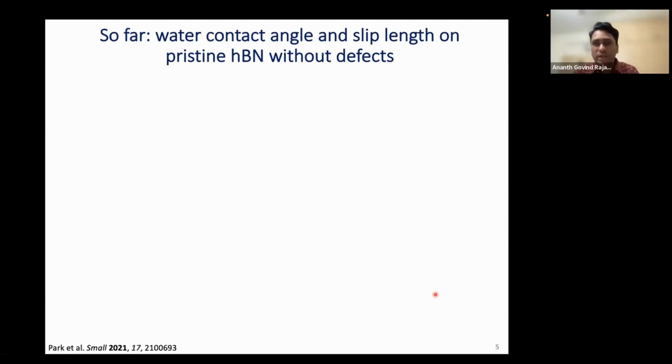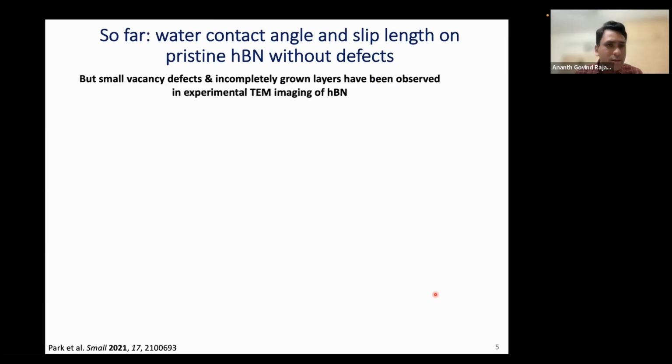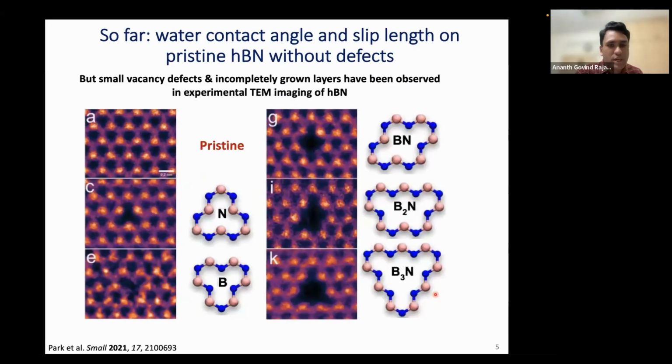So far, what had been done in the literature was to understand the water contact angle and slip length on pristine hBN without defects. So you carried out molecular dynamics simulations, tried to predict quantities like the contact angle and the slip length for a pristine surface. But then if you look at transmission electron microscopy images, small vacancy defects do crop up there,